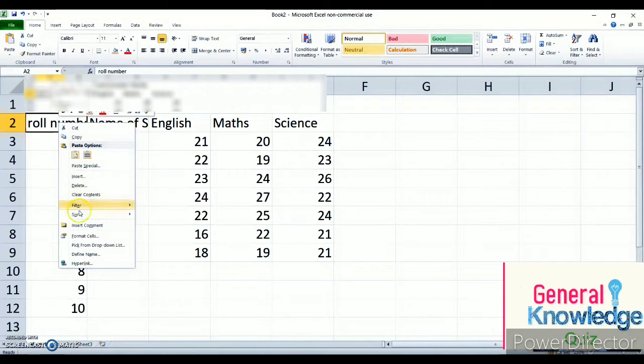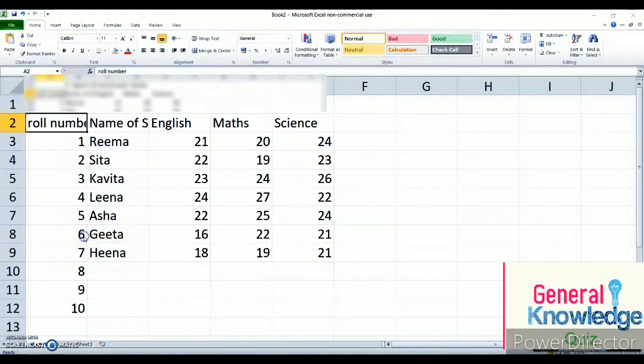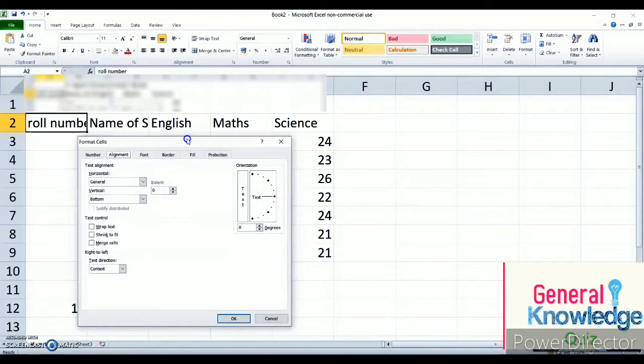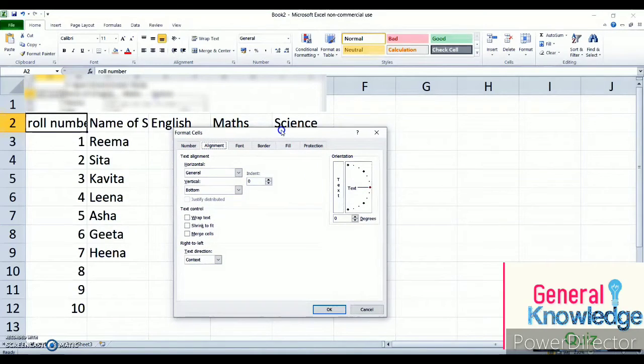Pop-up menus appear. From there you select format cells. When you click on that, the format cells dialog box appears on the screen. In this dialog box, you need to click on alignment. You get the option there, text control. In this, I am going to click the first option, wrap text. Wrap text is nothing but it wraps the text within the given cell width. Whatever is written in the cell is wrapped and becomes visible. I will show you. You click and say OK.